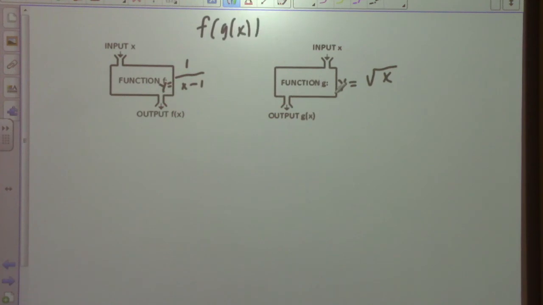what that means is we take the one closest to the g and insert that. We run an input through this function, and then after we have an output, what does the output do? It goes to the other function, and then has an output here. We call that f of g of x. In this case, we put this one inside of here. We're going to have f of g of x